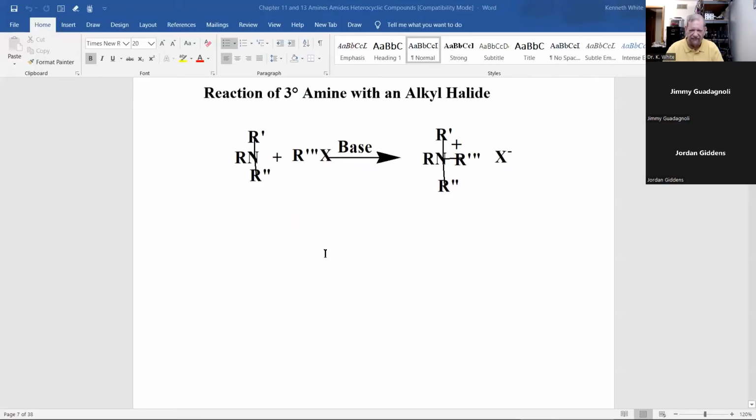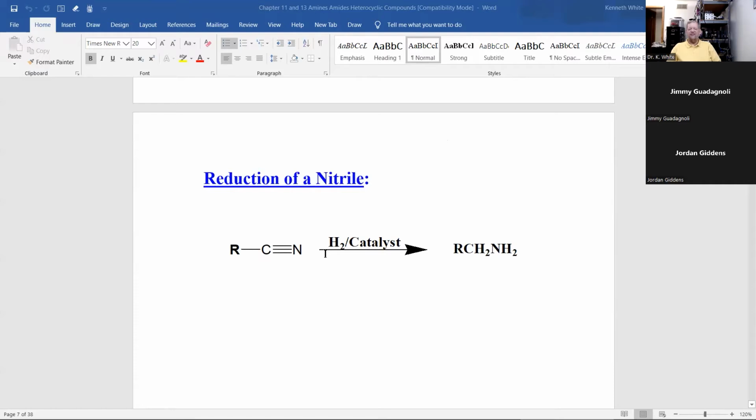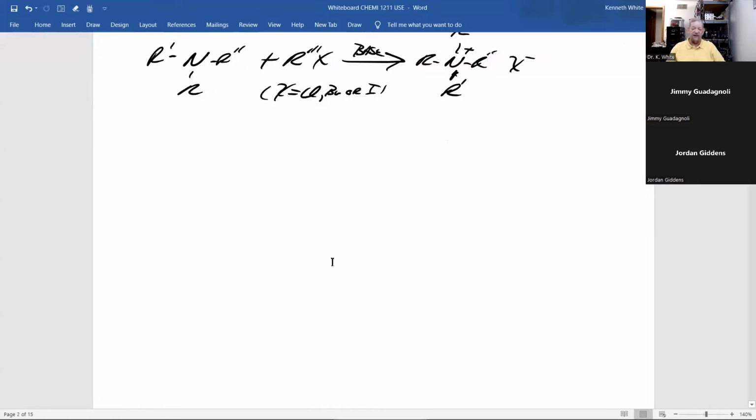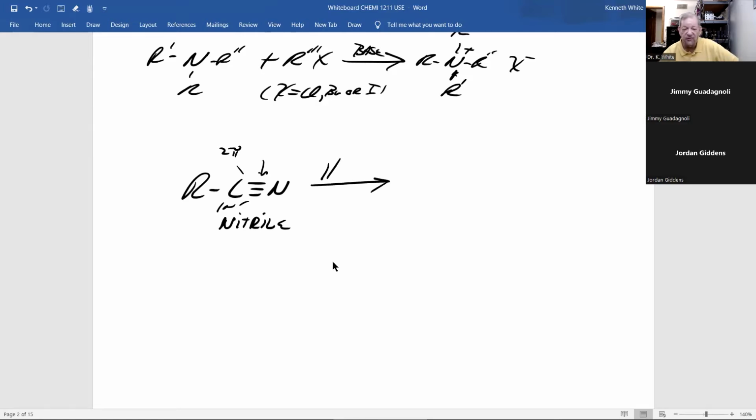All right, let's move on. Now, this is a really nice way of making a primary amine. A carbon-nitrogen triple bond is called a nitrile, though I'll never ask that on a test. Let me rewrite this because I see I did it right for me, but not for you. You've got a carbon-nitrogen triple bond, which is two pi bonds and one sigma bond, just like a carbon-carbon triple bond. And if you add, and here's what I forgot on my slide, excess hydrogen and a catalyst,